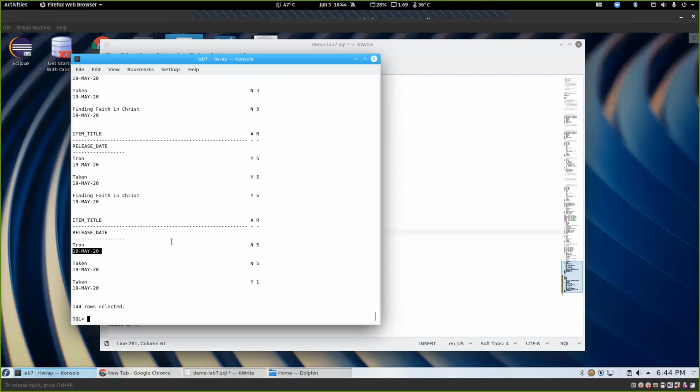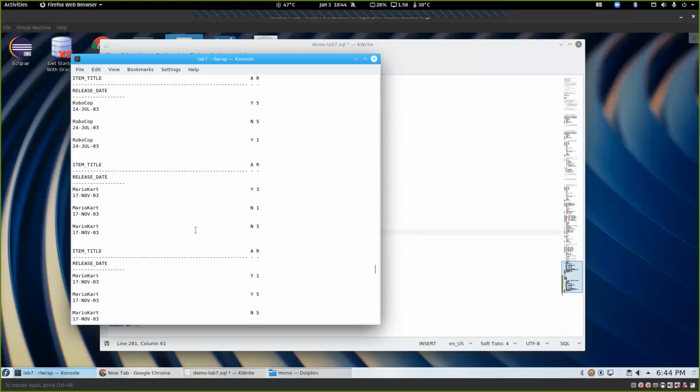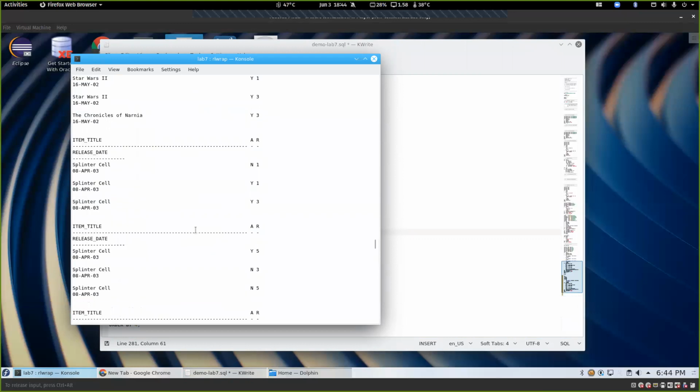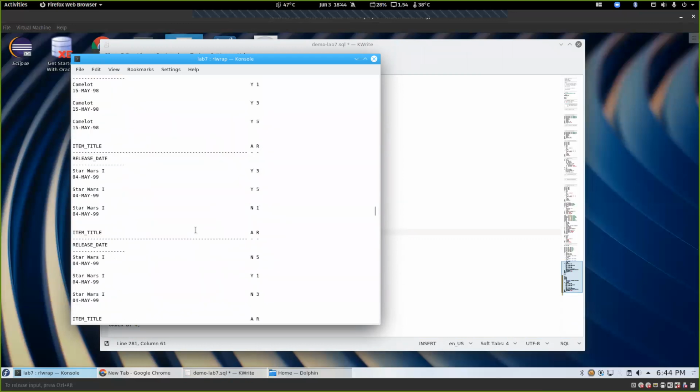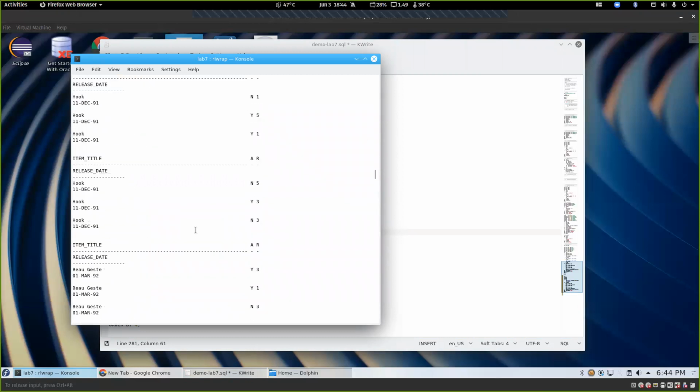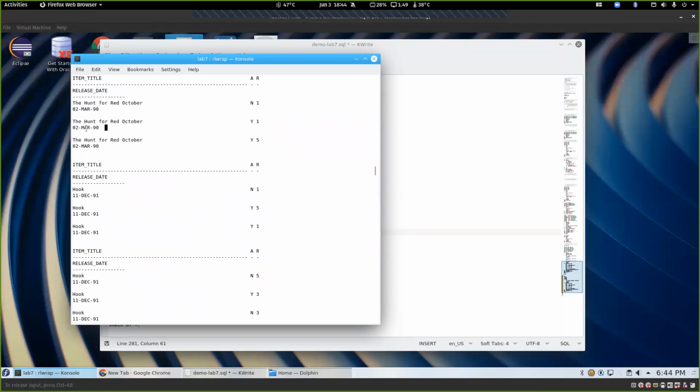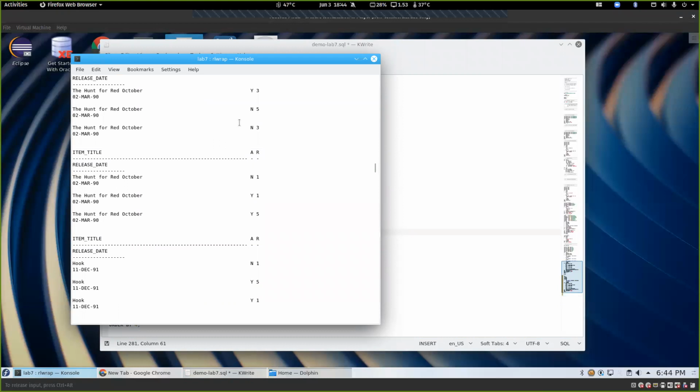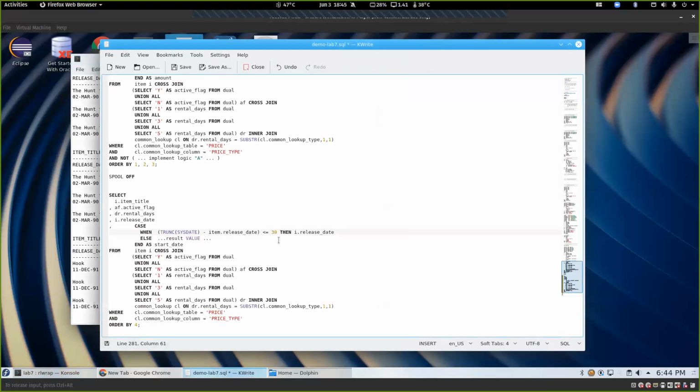But as you remember, we have both the new and old prices for movies, because we want that historical record. So if we go look at the Hunt for the Red October, which is quite a bit older, we have its records for when it was new, because they're just deactivated, because we want to be able to track all of that. So Hunt for the Red October was released in 1990. But we have its old movie prices and its new movie prices in our database. So we also need to mark the start date of, when did we charge new movie prices for Hunt for the Red October? And so what we're going to do is add an and clause,